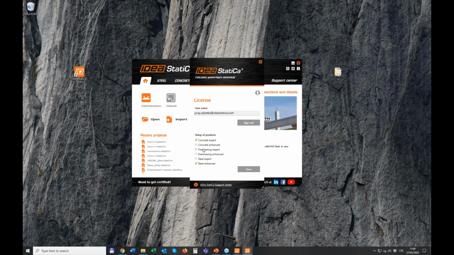And I can, for example, decide that I don't want to consume anything concrete. I'll leave it to my colleagues, so we use our license better. I'm going to save. And if I restart IDEA StatiCa, I will only have steel license consumed from our company pool. If I want to return the license to the pool before the 72 hours window, which triggers it automatically,